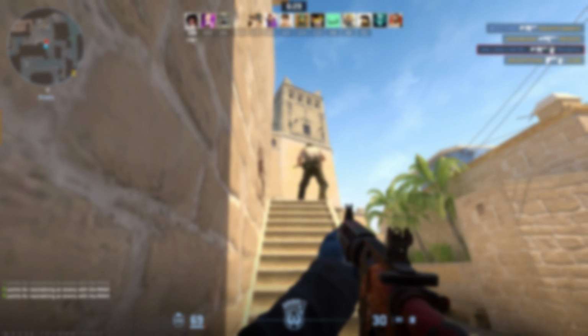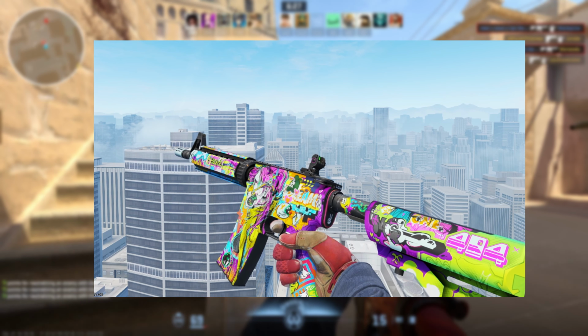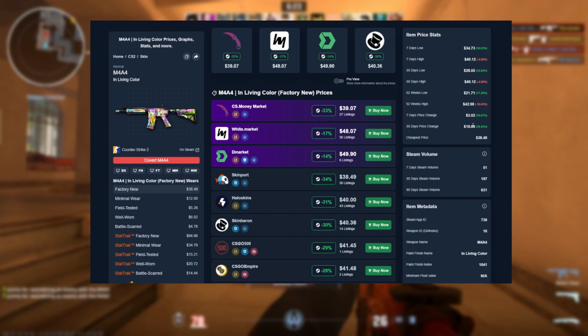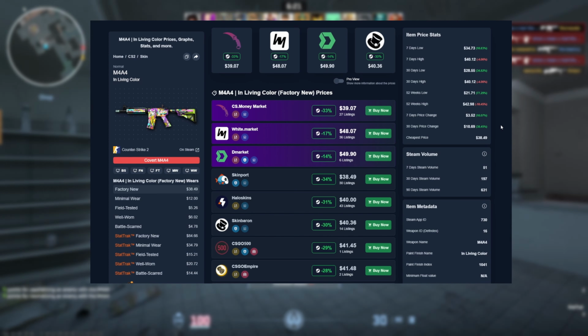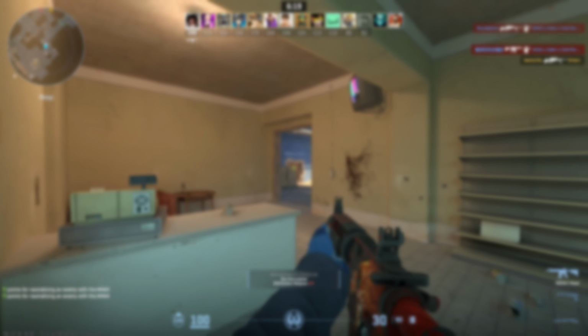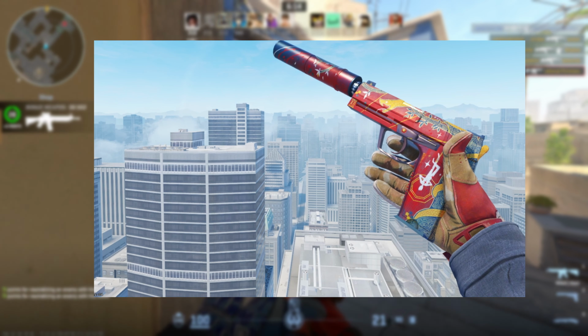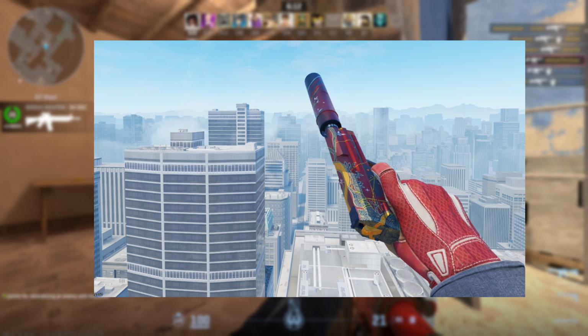In the Snakebite collection alone, you have the M4 in living color. This thing surprised me. Holy shit, almost 40% returns in the last 30 days. Also the USP-S in this collection, an amazing red color, combos with a lot of stuff. This thing has gone up